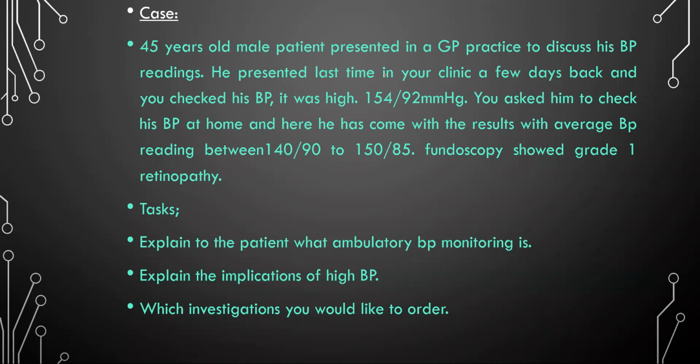If this patient is in low risk, then you can just try lifestyle modification for 3 months at least before starting the treatment. If this patient is in moderate risk, then again, you can try lifestyle modification for a month or even 3 months. But if the blood pressure is consistently above 160, you can start treatment. And if it is severe, then you can start treatment immediately. So that's why your management depends on the CVD risk assessment of this patient.